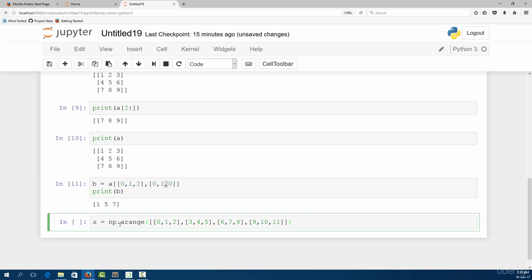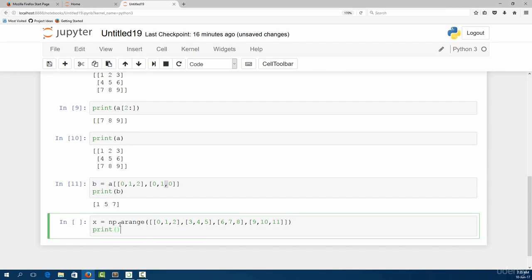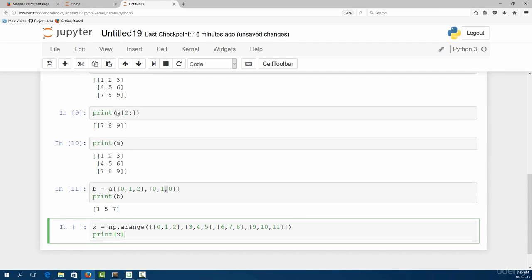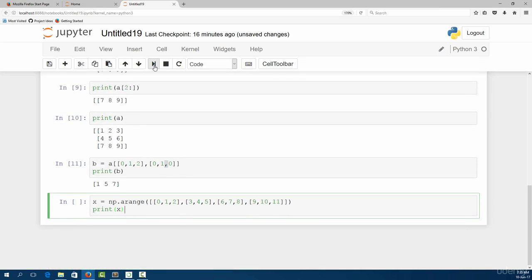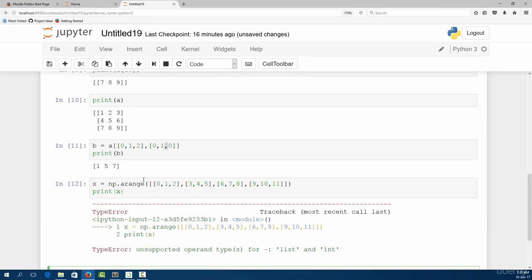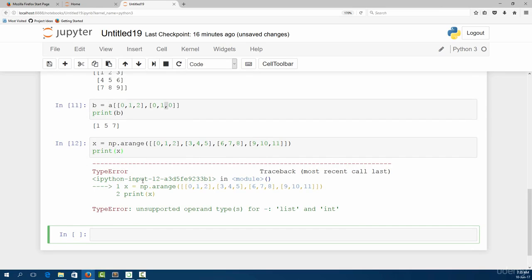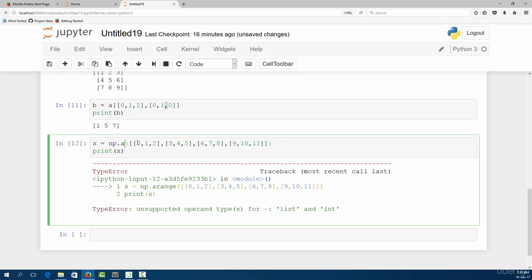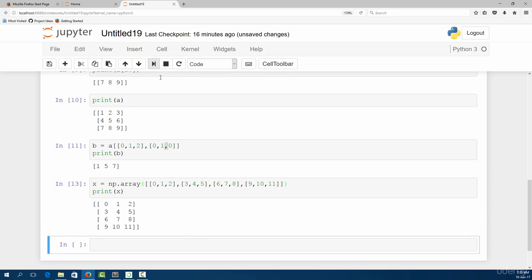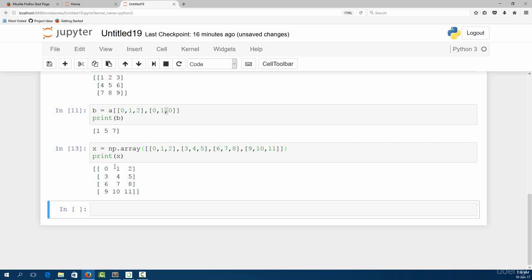And once we have these values, let's also print out the actual array so as to have a look. So if you go ahead and run this code, I guess we do have some error over here. Okay, that should actually be array, not arange. So that's my mistake here, extremely sorry for that. Okay, so if you modify this and run this code, as you could see, now you have an array